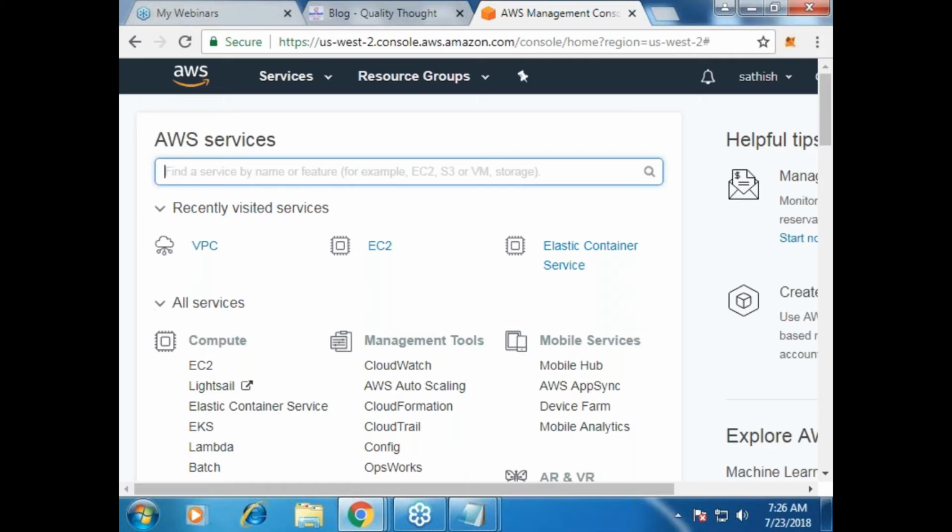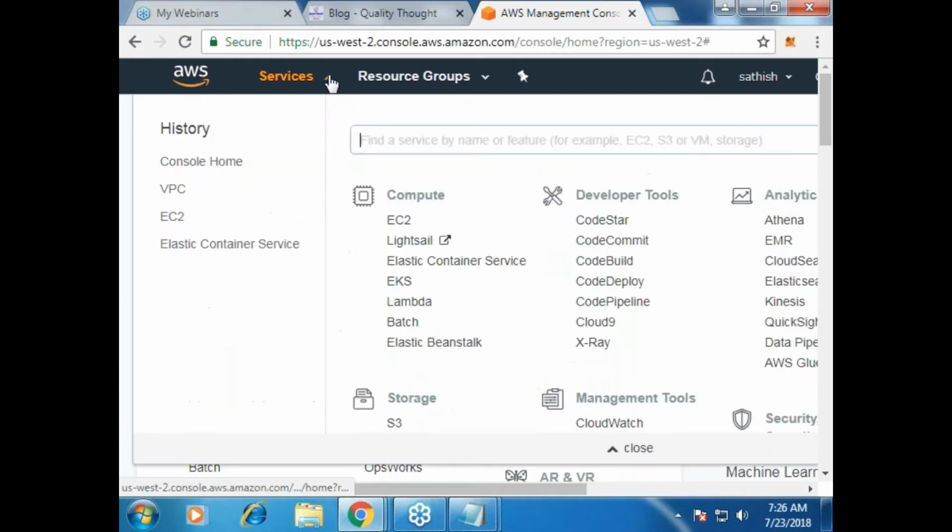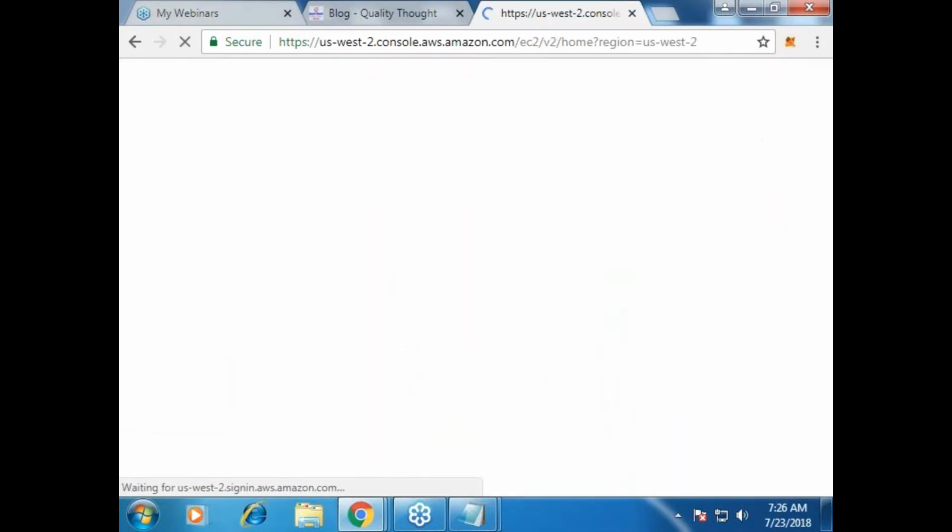And the virtual machine service in Amazon is basically called EC2. It's called EC2. Are you seeing anything called EC2 on the page? You can go from here or you can go to the services and that would be your first service. Go over here.